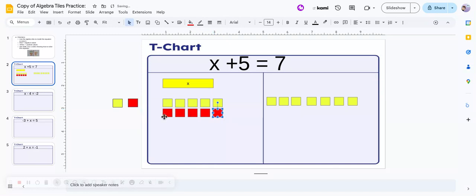So you can see I have put 5 negatives here, which has essentially canceled out all 5 of these positives. But whatever we do to the left side of the equation, we also have to do to the right side of the equation. So I'm going to bring 5 negatives over,